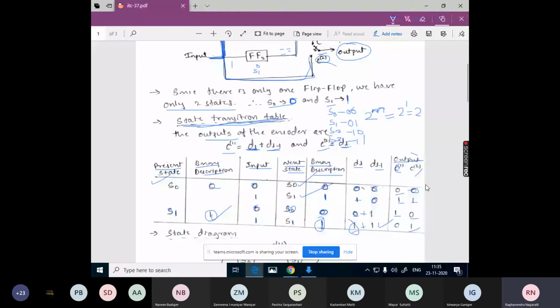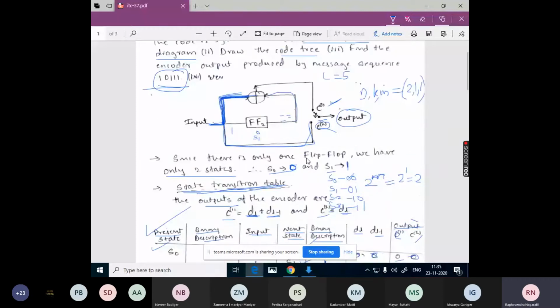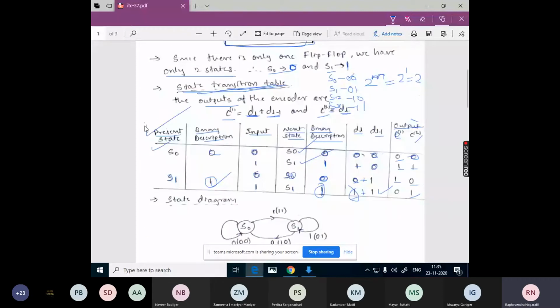No, sir. Okay. So this carries more marks compared to the other steps. So writing this transition table is very important and it carries more marks weightage. So you need to write this carefully.